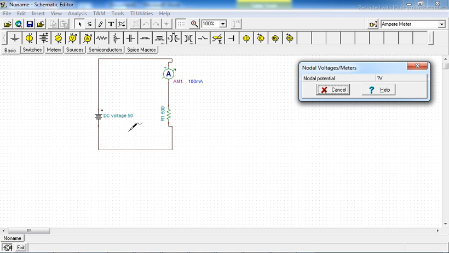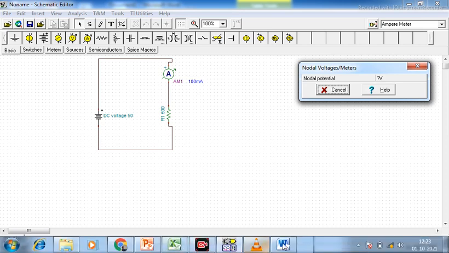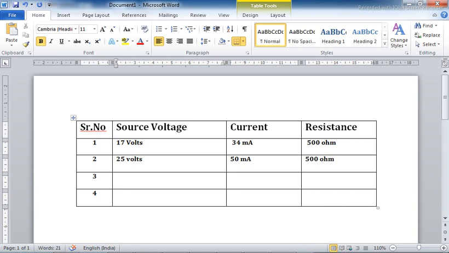You can check, DC voltage is 50 volt, and at that time the current flowing through the circuit is 100 milliampere. Let us note down these readings: 50 volts, current obtained is 100 milliampere, and the resistance value is fixed, 500 ohm.